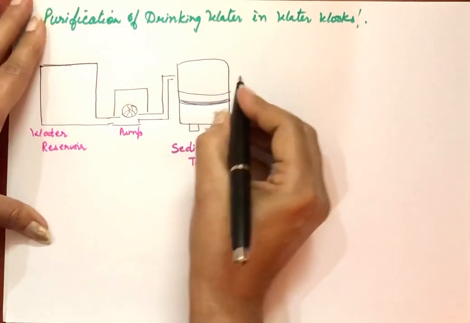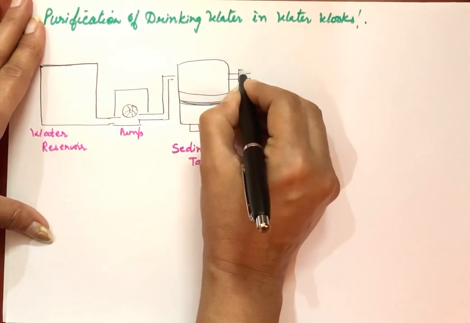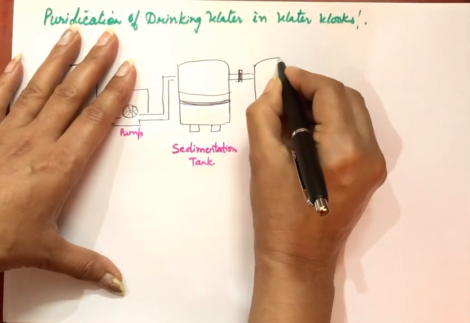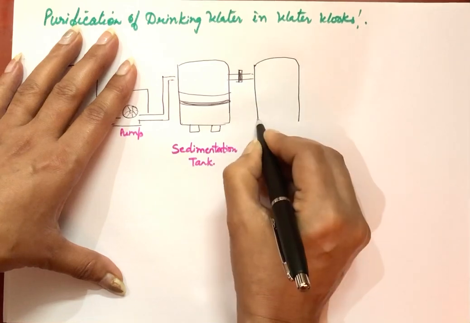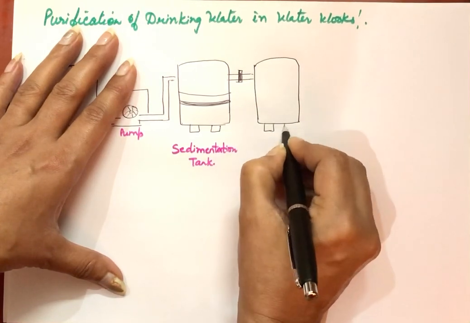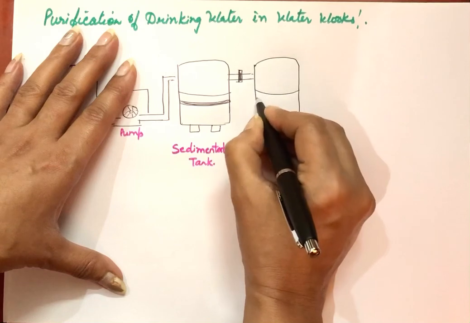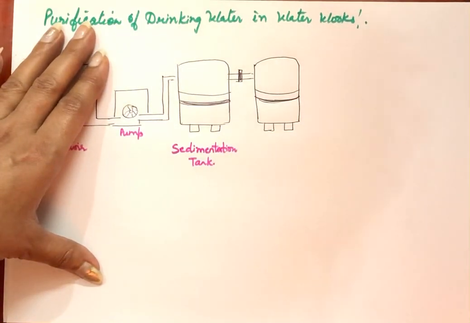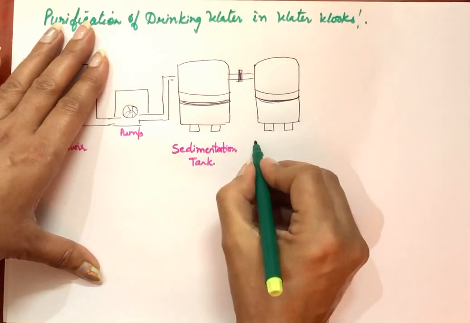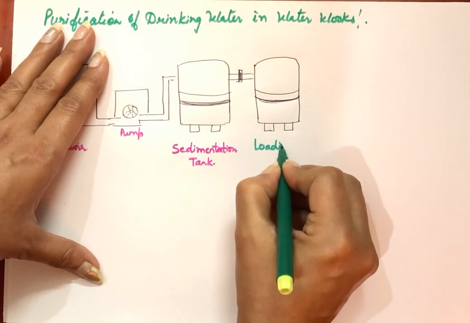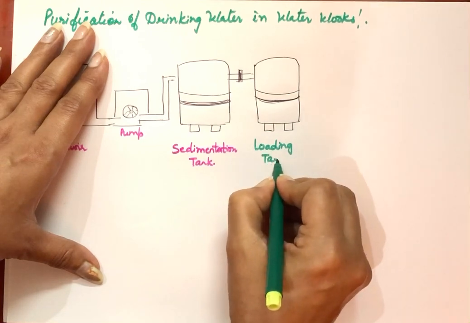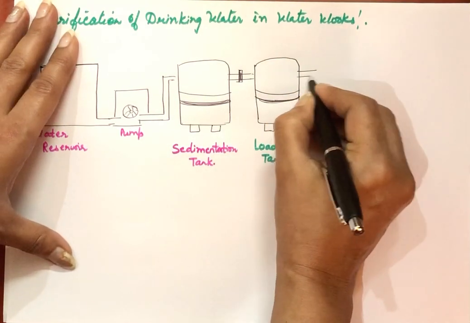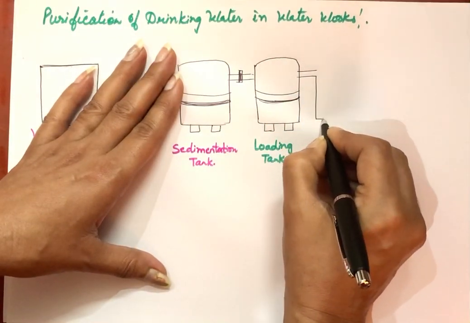From the sedimentation tank, the water is sent to the next tank. In this tank, there is alum. Alum is fitkari that makes all the suspended particles heavy, like those of clay and all that. So this is called a loading tank. This tank is called which tank? Loading, because it will make the clay particles very heavy, and these particles then slowly settle down. From this loading tank, now water is sent to a filtration tank.